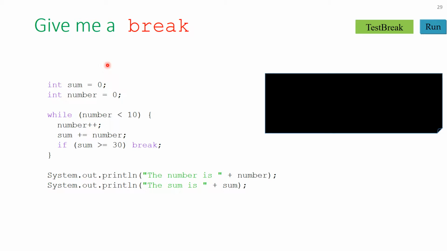So I'm not in a switch statement, I'm in a loop, so break out of the loop means jump out to here, okay? So that's the deal of the break keyword. Nothing really fancy there. The one thing that's interesting is that now it allows you to have different kinds of logic for terminating your